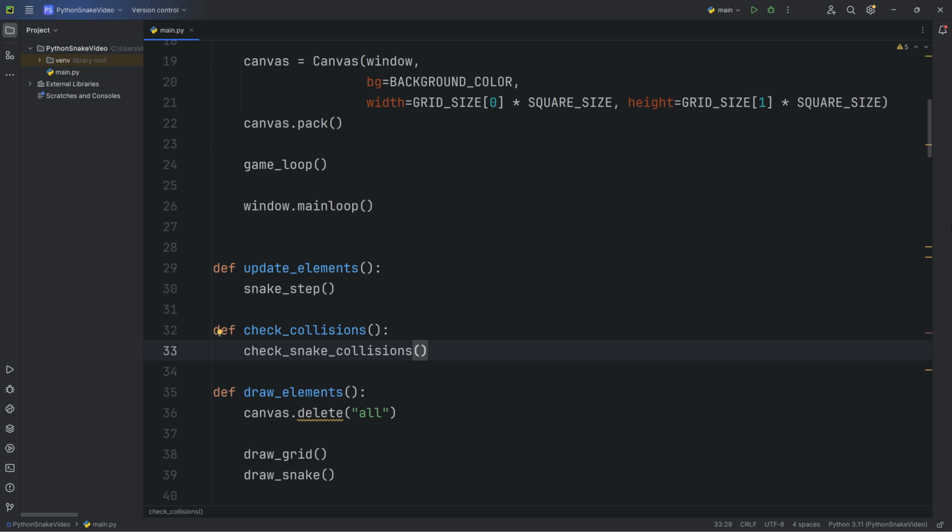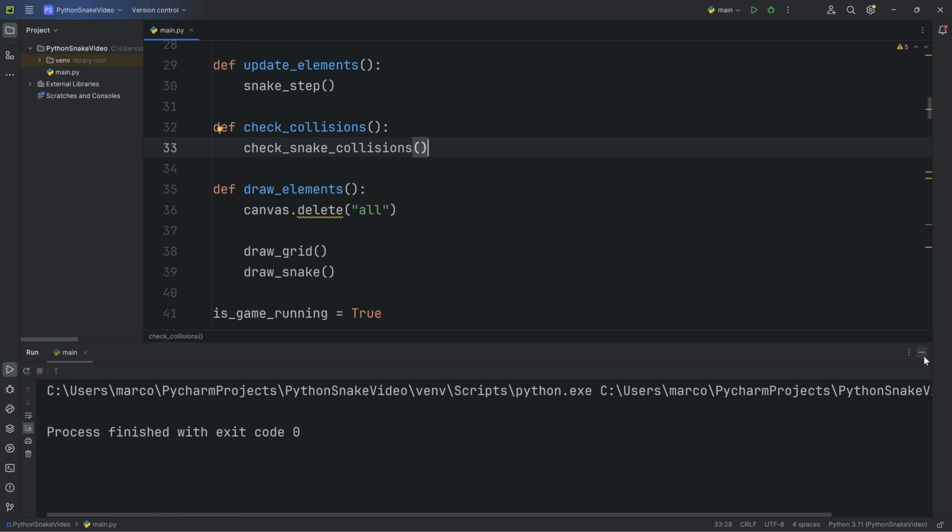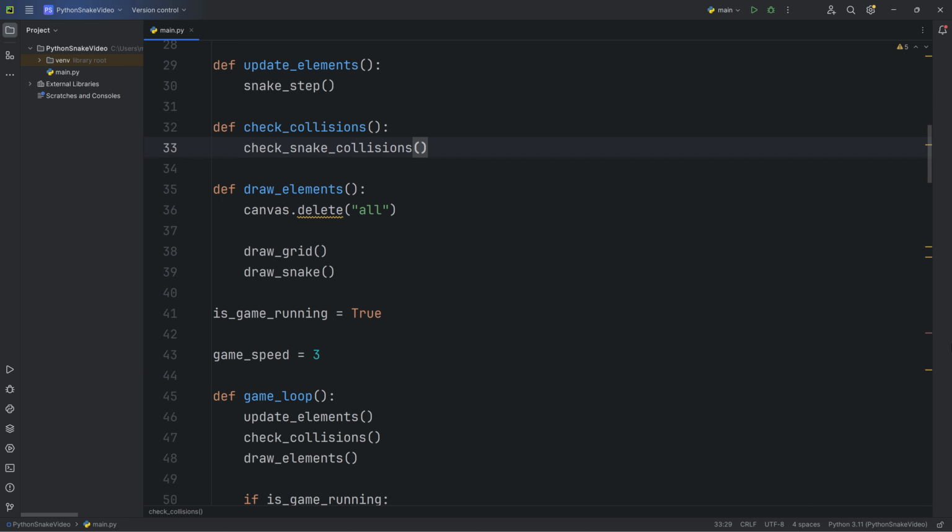If we now run the game, we have a snake that moves inside the grid, and the game stops if we hit a barrier. This is everything for the snake. Let's move to the food.